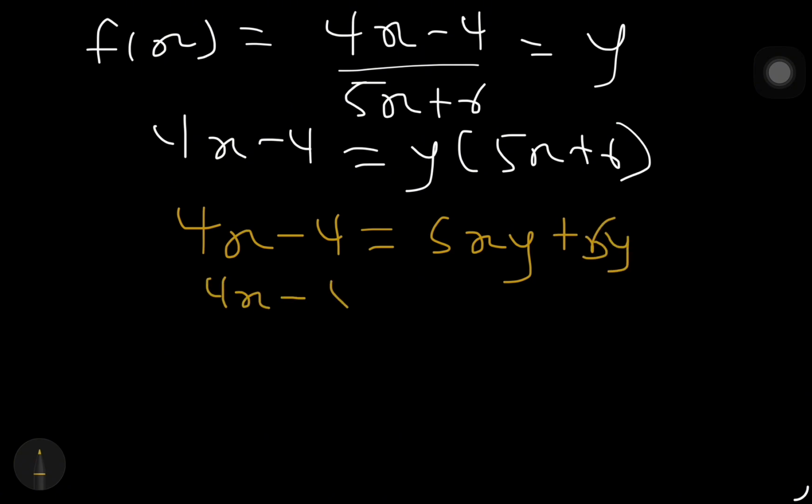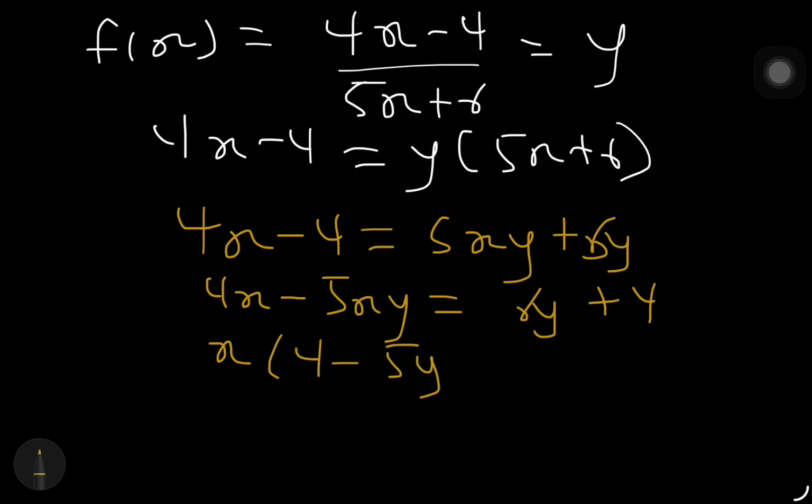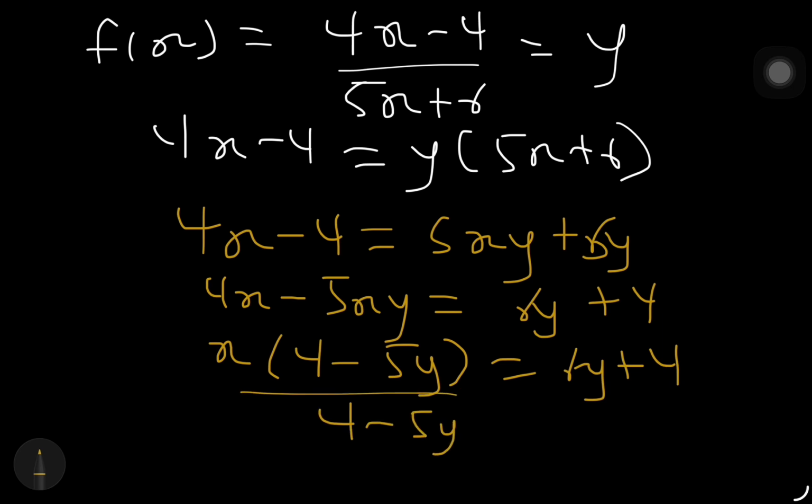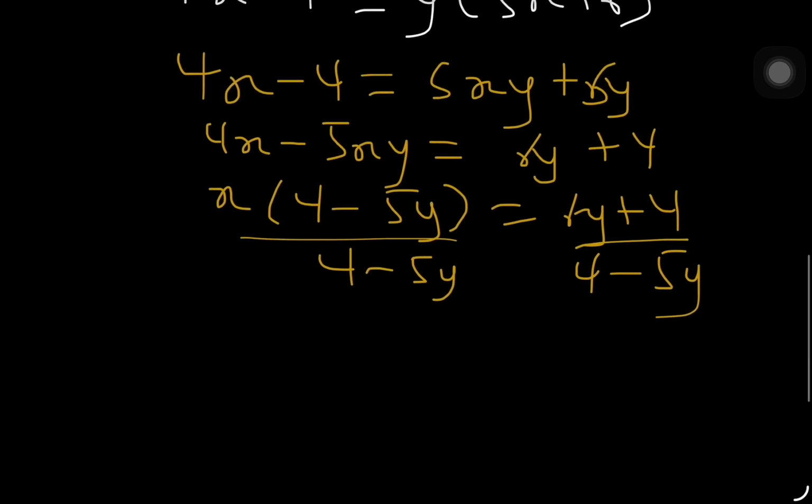Grouping all x, you are going to get 4x minus 5xy equals 6y plus 4. Bringing x out, x times 4 minus 5y equals 6y plus 4. Dividing both sides by 4 minus 5y,